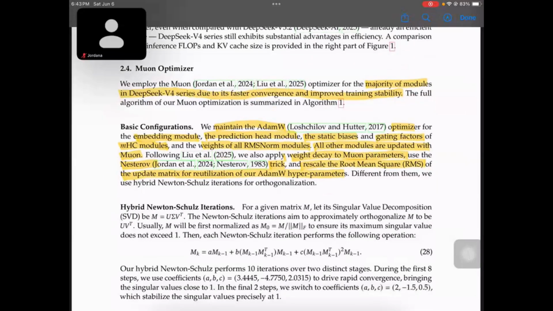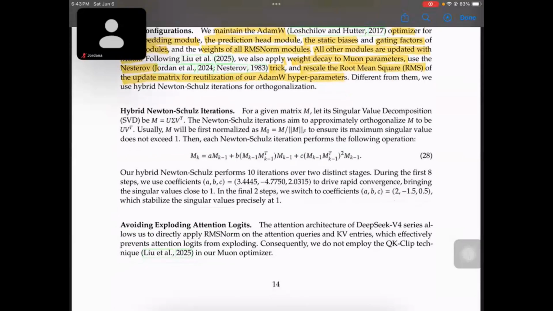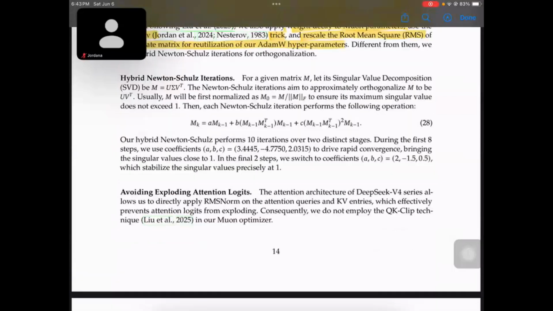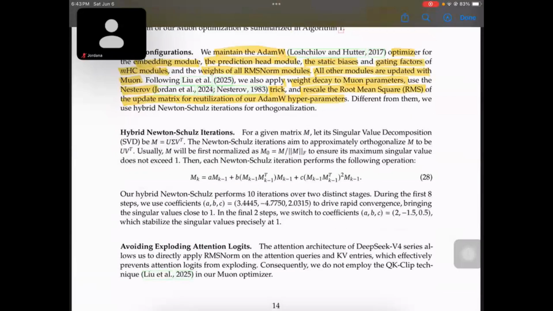So, let's see. Where are we? Hybrid Newton-Schultz iterations, avoiding exploding attention logits. Okay, so